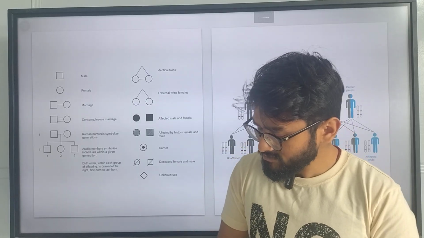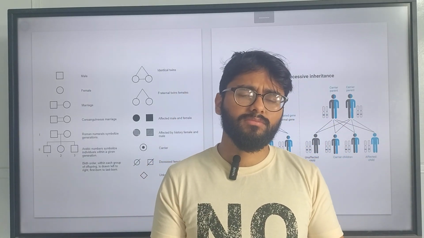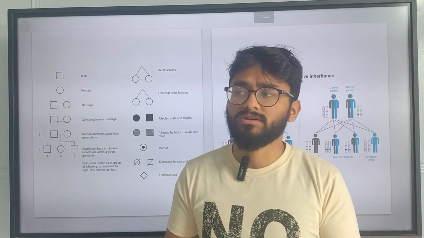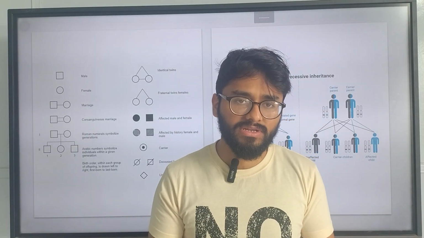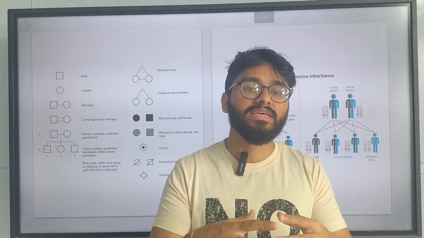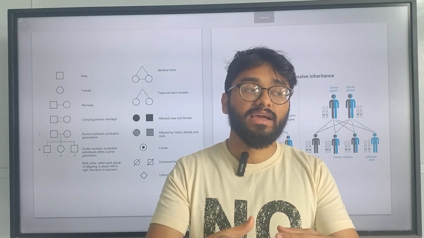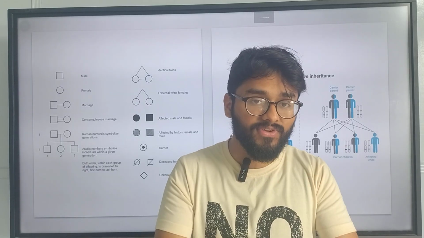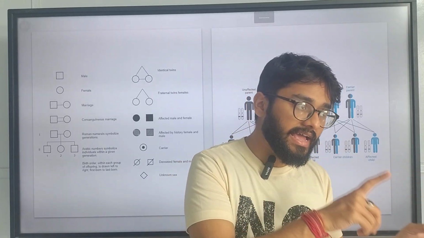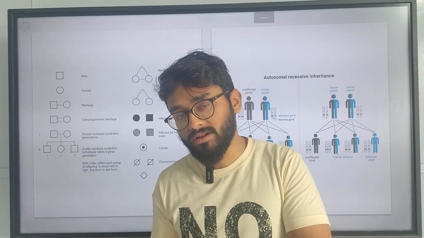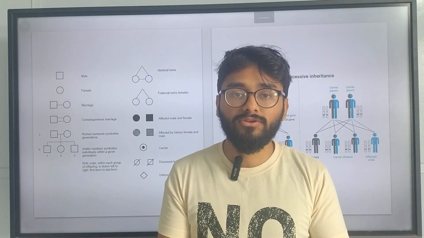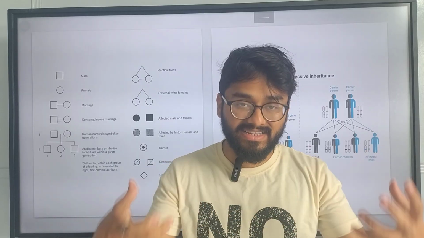When we talk about a carrier parent, or a carrier female, what that simply means is that the phenotype of the carrier individuals is not reflected in the current generation itself. When a carrier parent crosses with a normal parent, they have the ability to transfer the allele, and the phenotype can be expressed